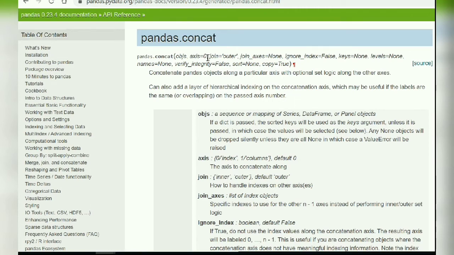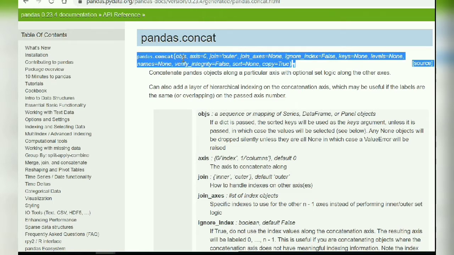Axis equals 0 means that you are concatenating along the index, and axis equals 1 means you are concatenating along the columns. And then the join that you wish to specify, the default join is an outer join, and then axes and ignore_index equals false, keys, levels, verify_integrity, sort, and copy. So this is what pd.concat is, along with the parameters.